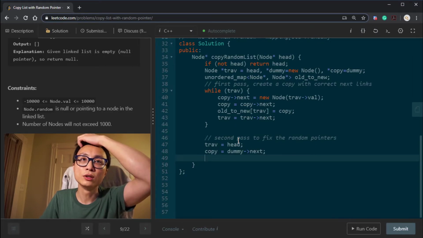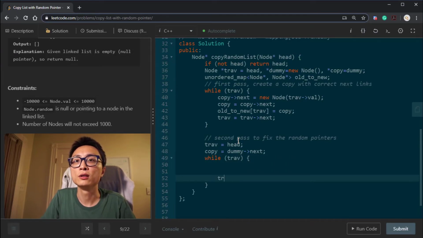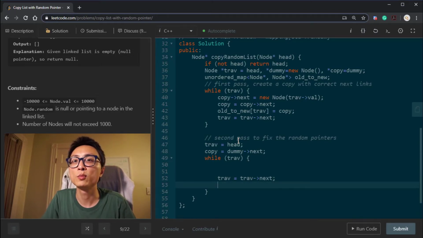Then what we're gonna do is to iterate over them at the same time with the same speed. Obviously, some code we can quickly put up here is to advance them at the same time, at the same pace.